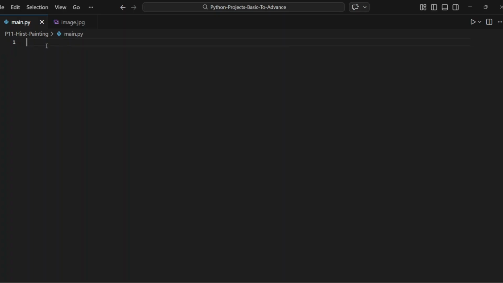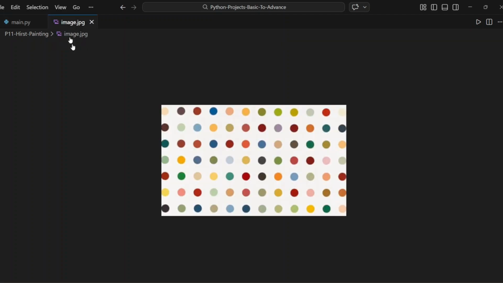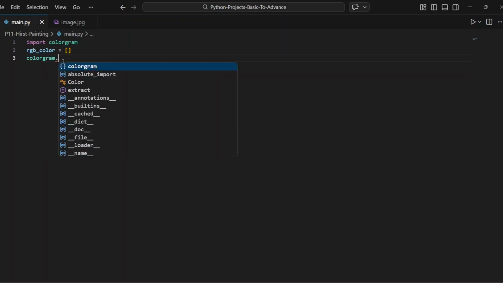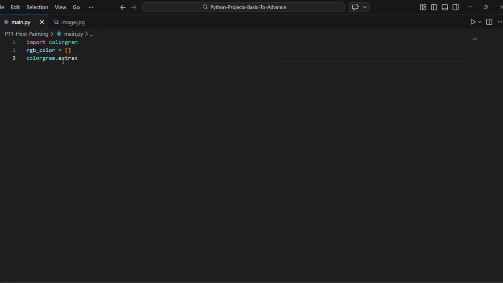So let's start coding. In this project, we are going to extract colors from this image. For that, in Python, we have a module named colorgram. So import colorgram and create one list to store our colors. For extracting the colors, we have to use colorgram.extract from our image.jpg and the number of colors, let's say 30, and store it in a variable, let's say colors,